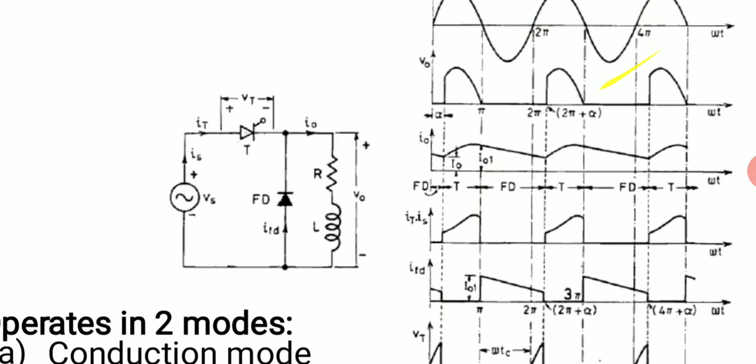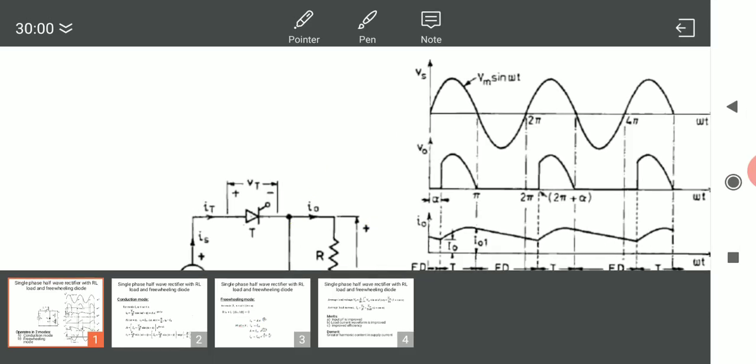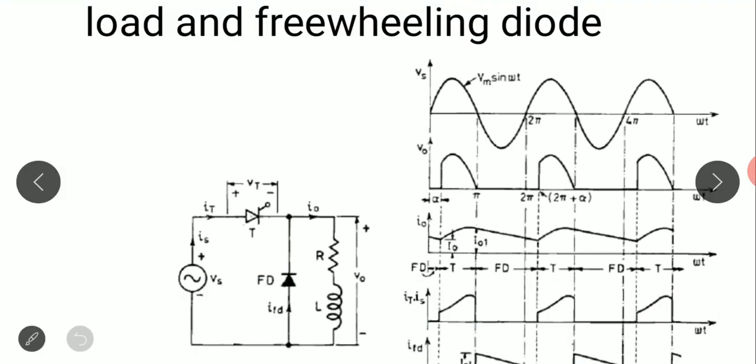Now, analyzing our circuit, the first waveform is Vm sin omega t, and if we want to determine V0 voltage, then here in this case we have triggered our SCR at a firing angle alpha. We will not discuss what is happening before alpha. We are analyzing from alpha onwards, and later on we will come back to this portion, that is omega t is equal to 0 to omega t is equal to alpha.